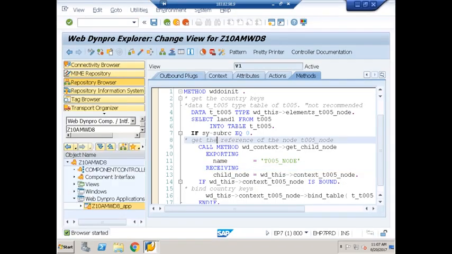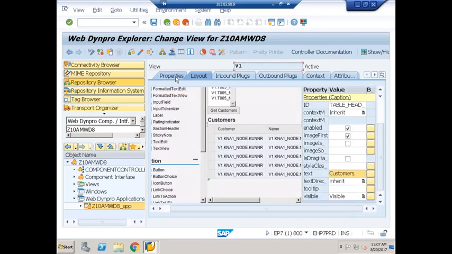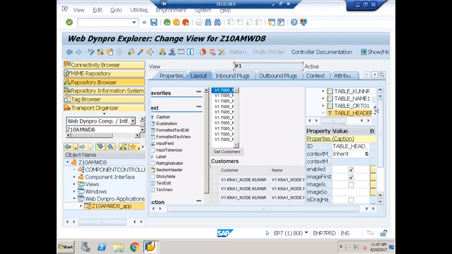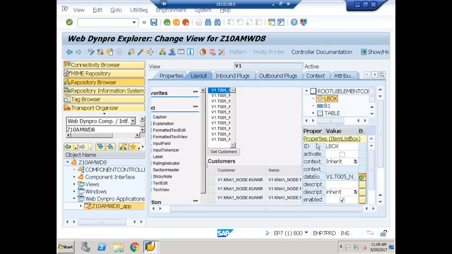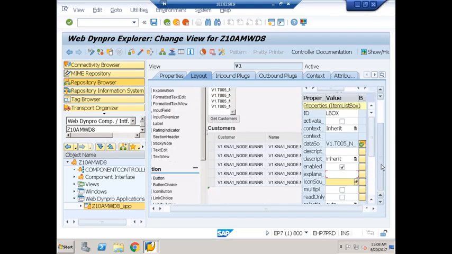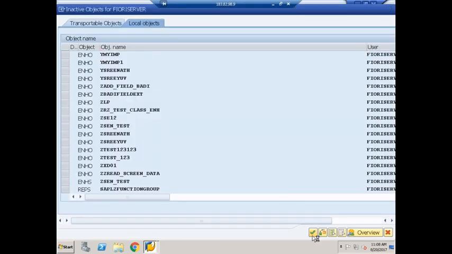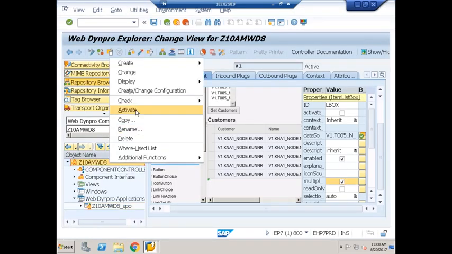So what I'll do at the view level, in the layout tab, for the item list box, let me go to the item list box. Observe here, for the item list box there's a property called multiple selection. Select the checkbox, so that the user can select multiple items. So I'm setting multiple selection as selected. So when I execute now,